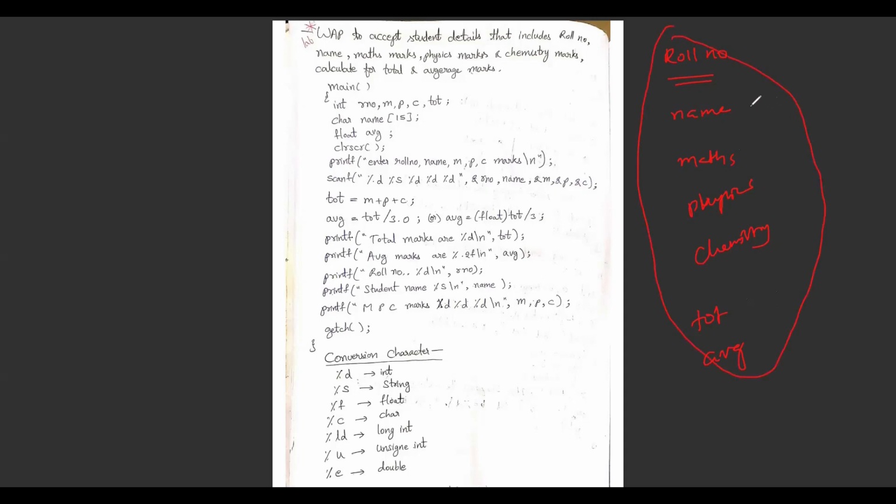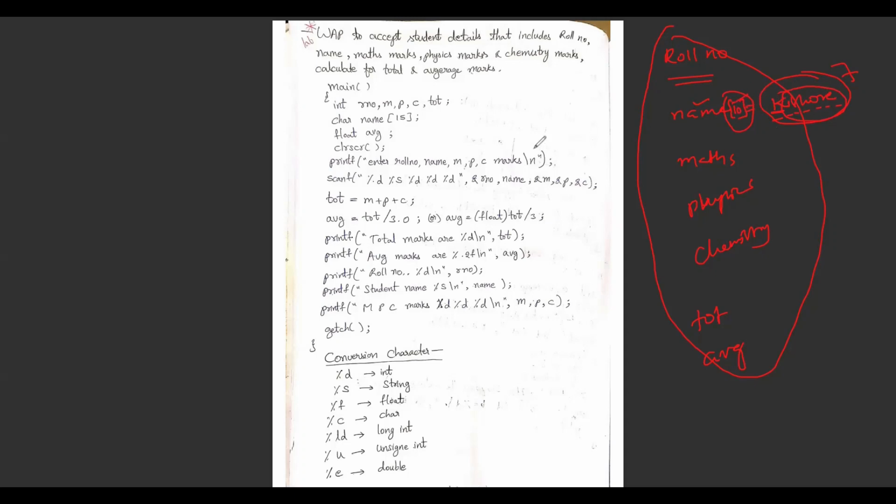Suppose I take my name as Kishore. How many characters do we have? 1, 2, 3, 4, 5, 6, 7 characters. So you can't store 7 characters into a single variable, that is name. In order to store that, there should be some array created like this. If you take name like this, you can store only 1 character, that's it. You can't store these letters. So if you take an array of length 10 or 20 like that, you can store the value of